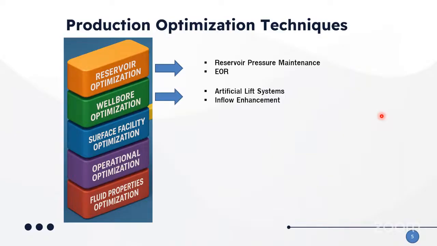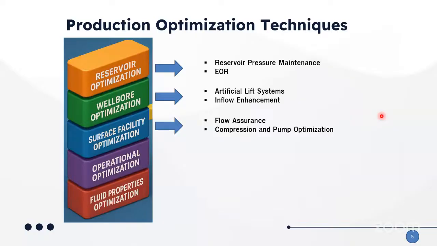And another thing you can do, I think most people will have come across a sucker rod pump. So those are the artificial lift systems that we can use in optimizing production. Inflow enhancements, ensure that there are enough enhancements you use for the inflow. Then flow assurance, we ensure that your pipelines are free of scales, waxes, and the rest. Then compression and pump